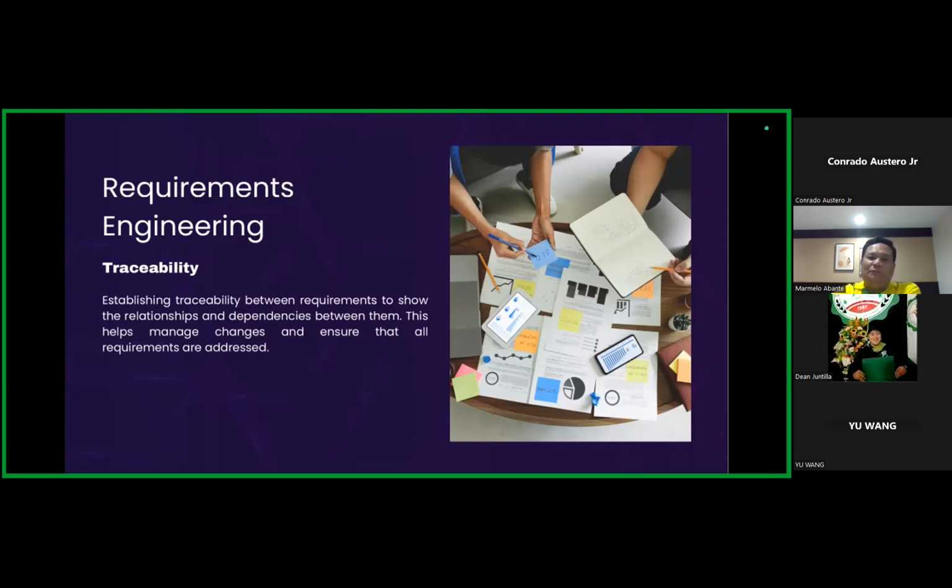With the traceability technique, we can ensure that all of those criteria are met.